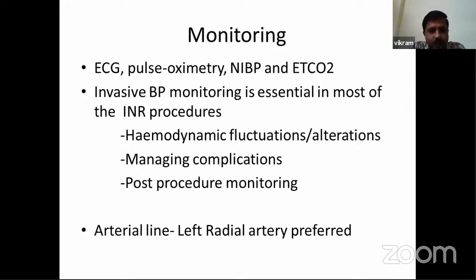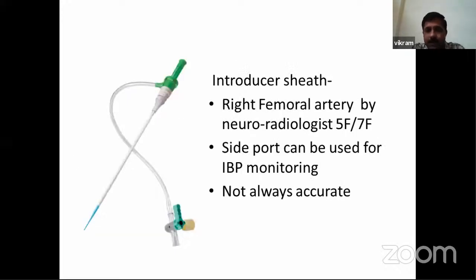And this can be used for post-procedure monitoring, and also to draw samples for ABG analysis and monitoring activated clotting time. So generally, it's the left radial artery that is readily accessible to us. So most of the times, the arterial line is secured in this left radial artery. So the radiologist